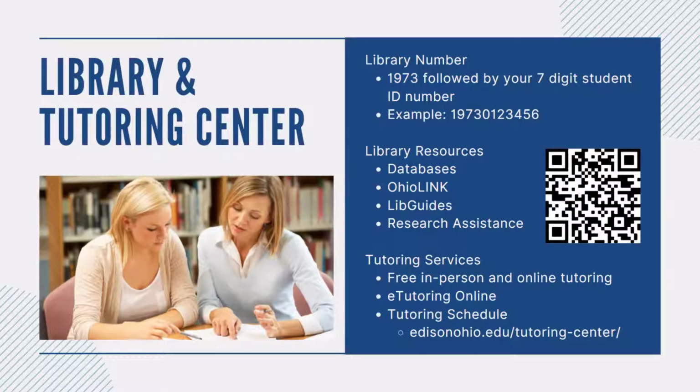There are many library resources that are available for you to use. There are over 125 different library databases, which include ebooks, journals, magazines, and much more. We also are a part of Ohio Link, so if there is an article or book that we don't have access to, it can be requested and delivered to any Edison State campus. Our Live Guides is a custom web page containing instructions and resources for a particular class or assignment. They also have a series of library video tutorials on their website. If you need help with research assistance, you can reach out to our library and they will be able to help you.